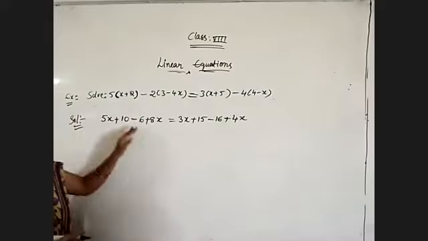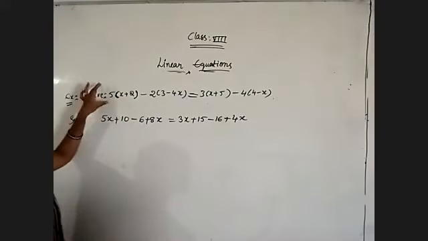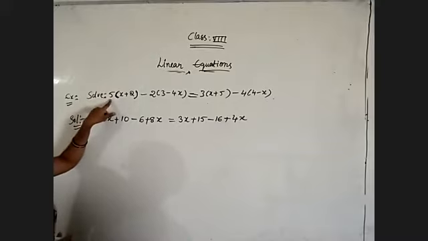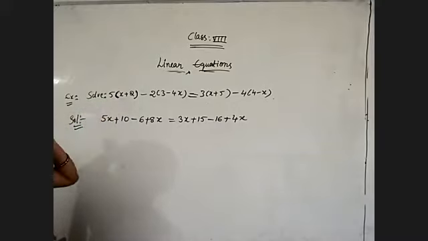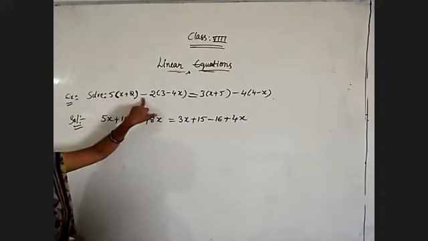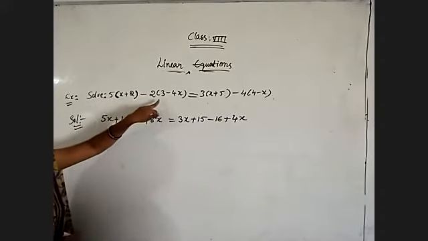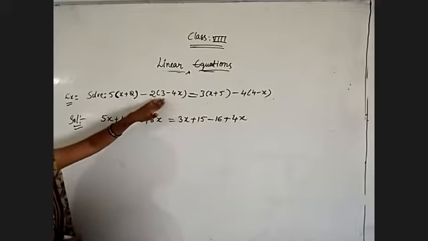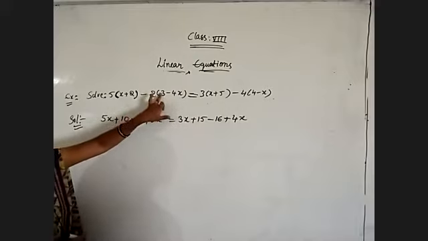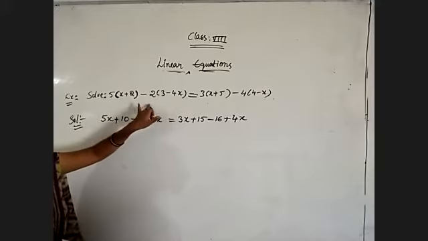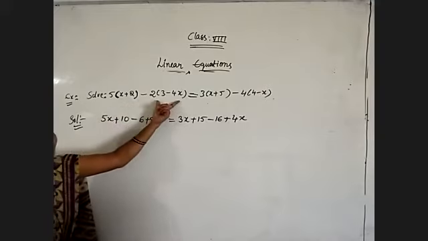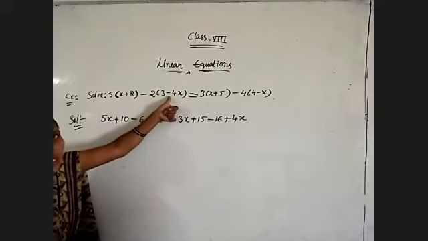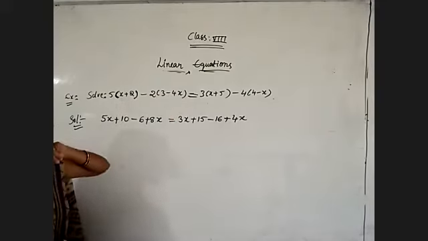Okay, once again I am telling, first we need to remove the brackets by multiplying the given terms. Each and every term we need to multiply by the number before the bracket, whatever you have. After that, if you are getting minus before the bracket, each and every term will interchange its signs. When plus is there, we will get minus. When minus is there, we will get plus. If minus is preceding the bracket, plus values become minus and minus values become plus. So like that we need to simplify.